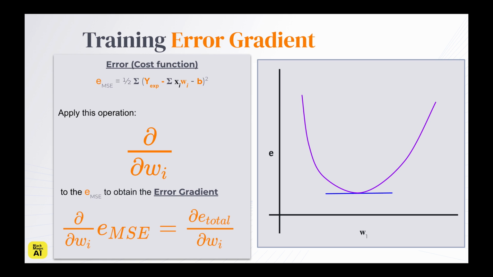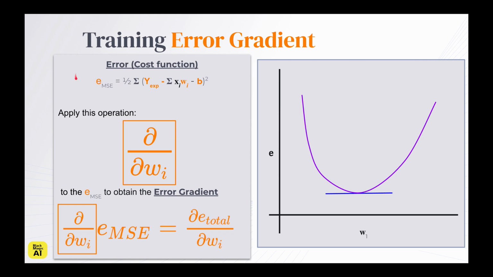And then we will find the minimum point on the error curve that gives the smallest error for a specific weight. So the error gradient is the mathematical expression that we can use to determine the direction we need to move along the curve to find the minimum point. So the error gradient is that tangent blue line. So once we have that, it'll tell us what direction we need to move in order to get to that minimum error point. The gradient can be obtained by applying the operation represented here by this symbol